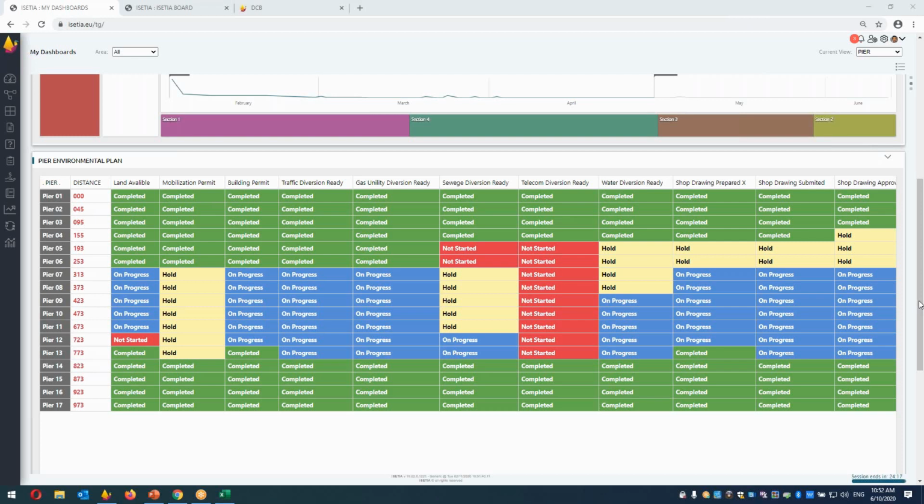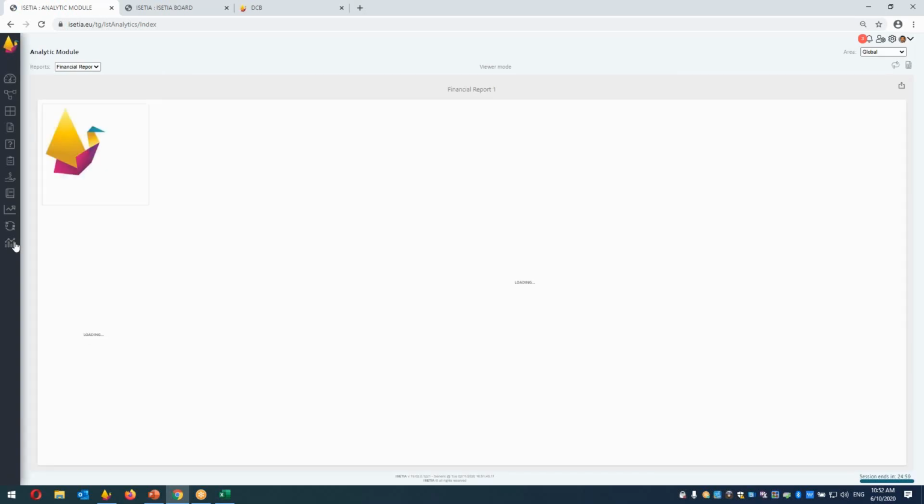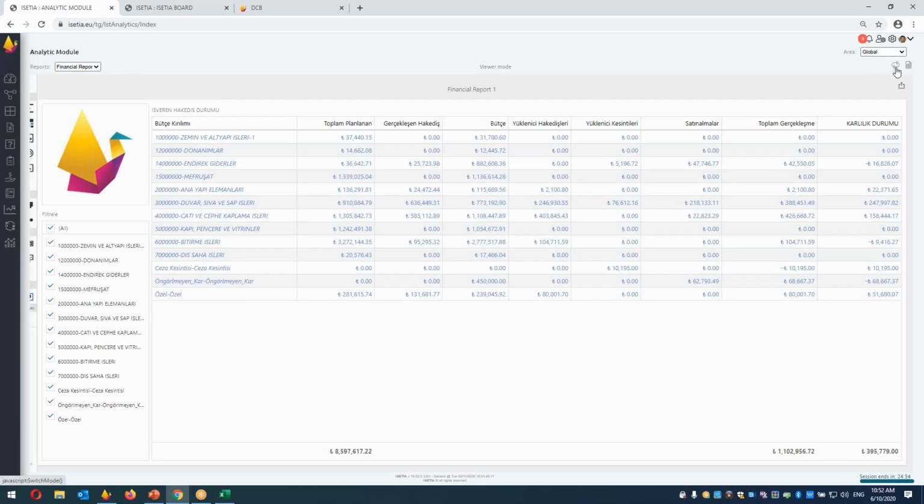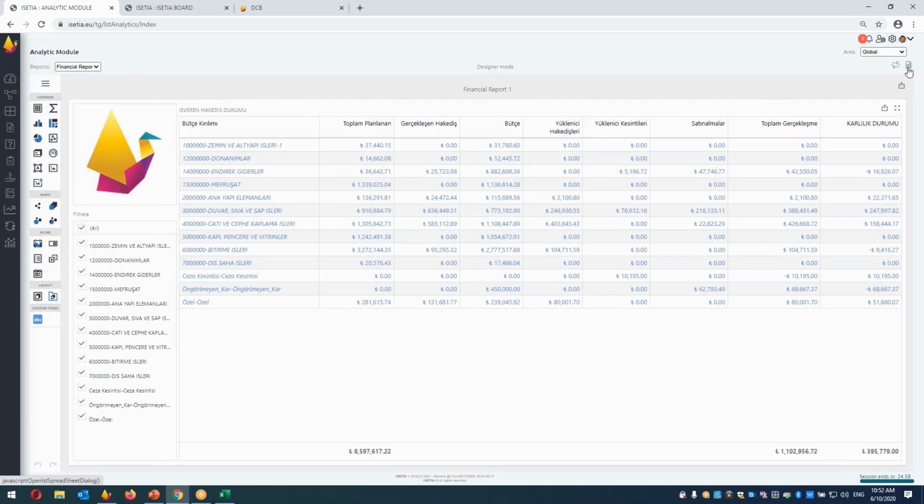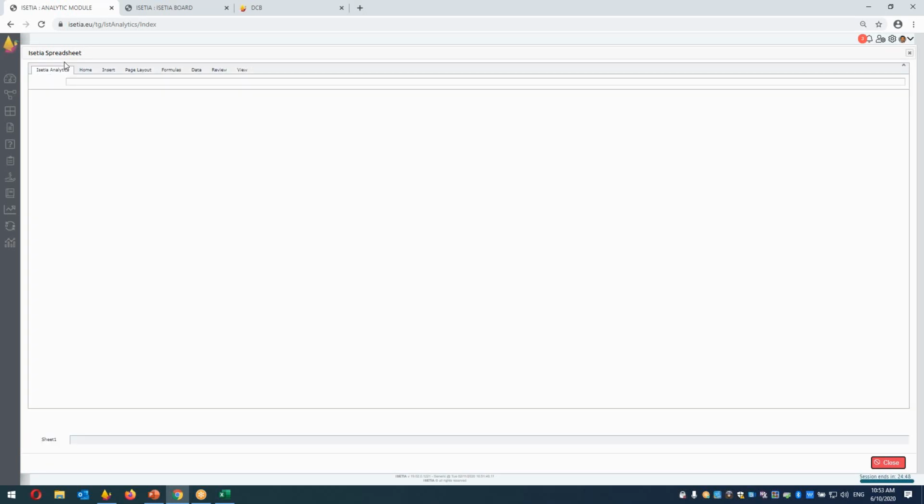Okay, another question is how to prepare the log in Excel and locate it in this software. 100%, we have full integration with Excel. Let me show you a couple of things. You can open any Excel file inside of our system because we have our own web-based Excel. If you go here to the admin mode, the designer mode, you can open, for example, any Excel file and upload it. In many cases, a client has 100,000 document deliverables, and instead of one-by-one entry, you can enter the documents